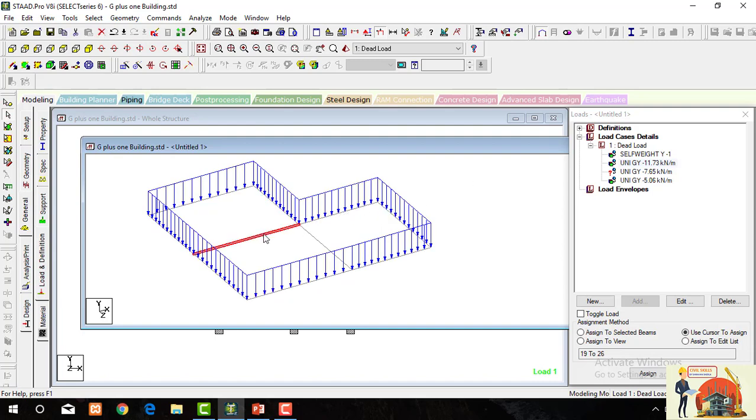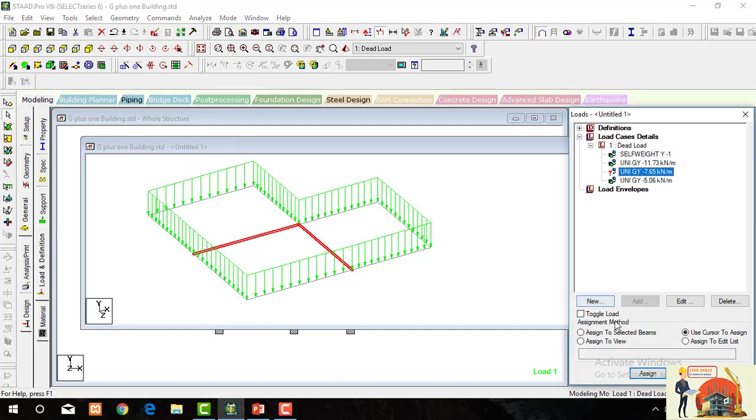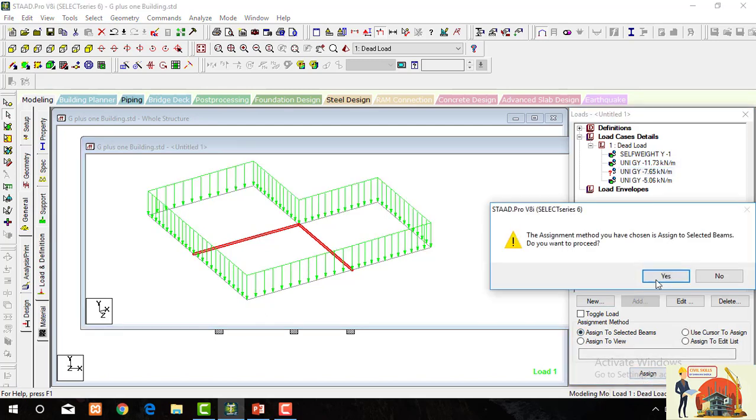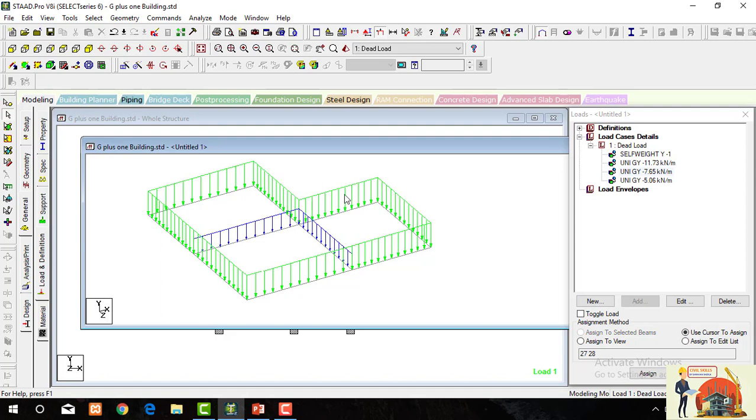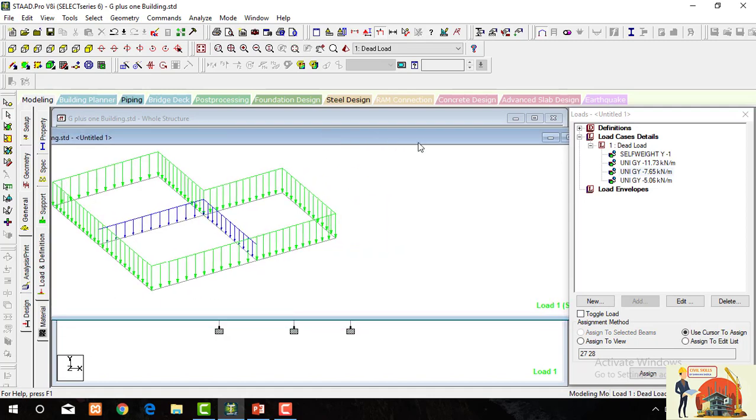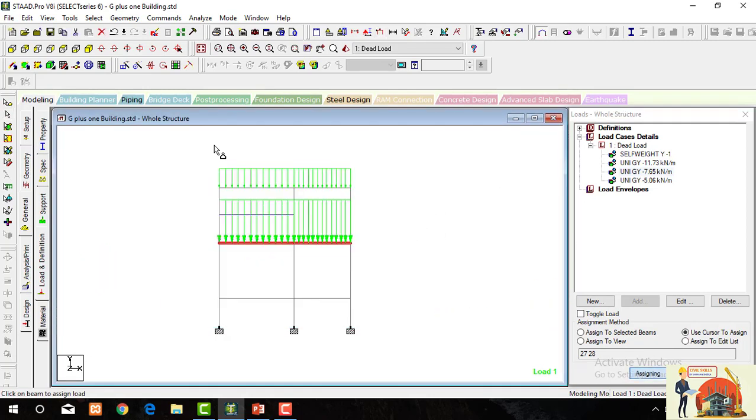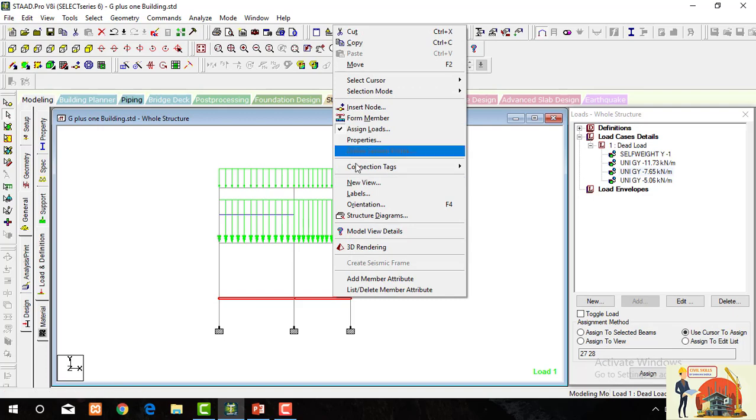Now we need to define the internal wall load also. Select beams. You can see we have defined the beam loading. Similarly, select the length beams also.